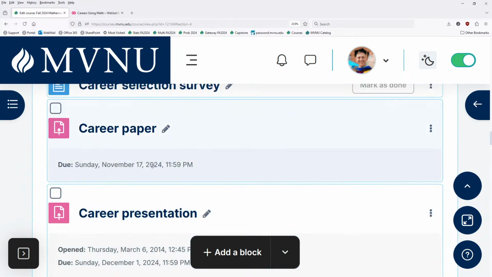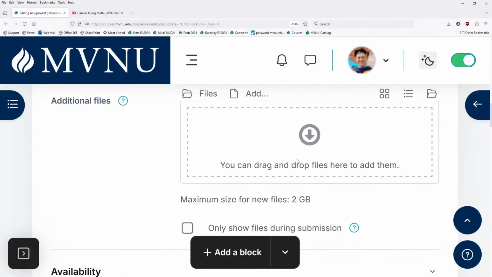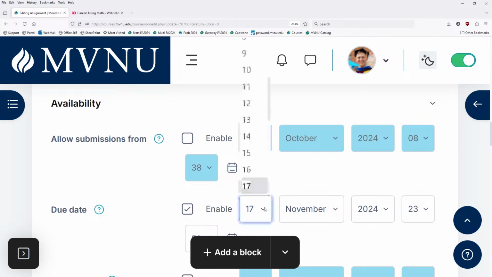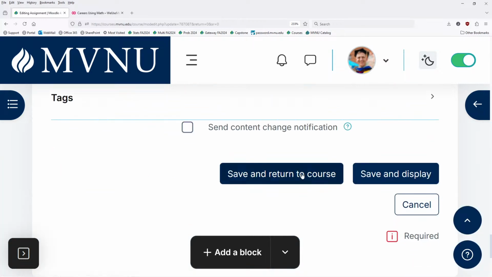This isn't due until November 17th. November 17th is a Sunday, 11:59. I picked the day, and it just happened to be a Sunday. I could move that to the 18th, I suppose. Yeah, probably I should. So I'll change it right now so that I cannot forget to do that. I was thinking this was a Monday, Wednesday class for some reason. Let me just change it to, here we go. Change it to the 18th. That's better. And I'm going to have to change the other one as well. So submit and return to course.